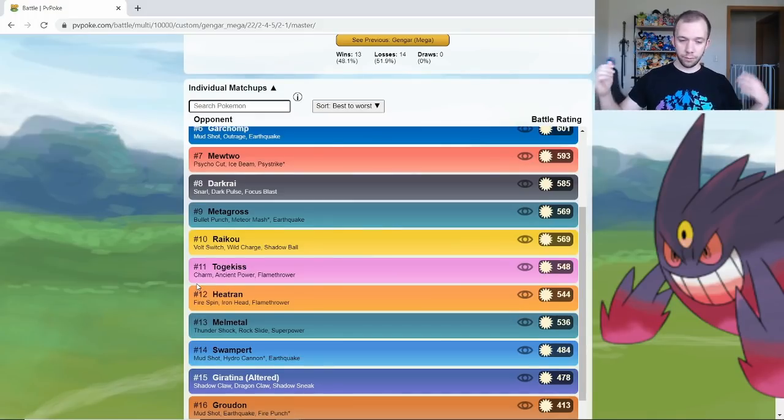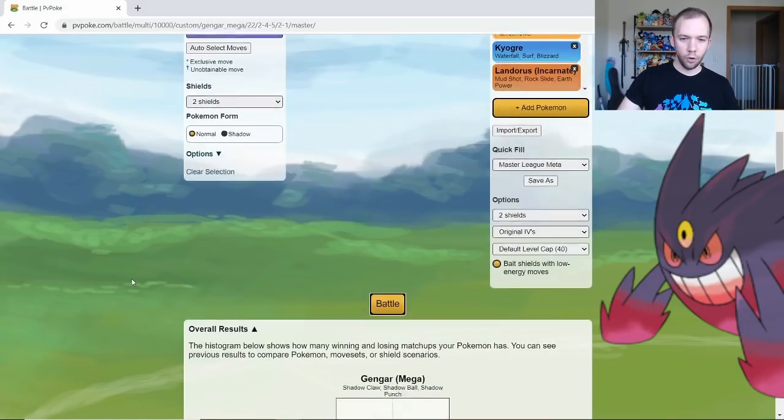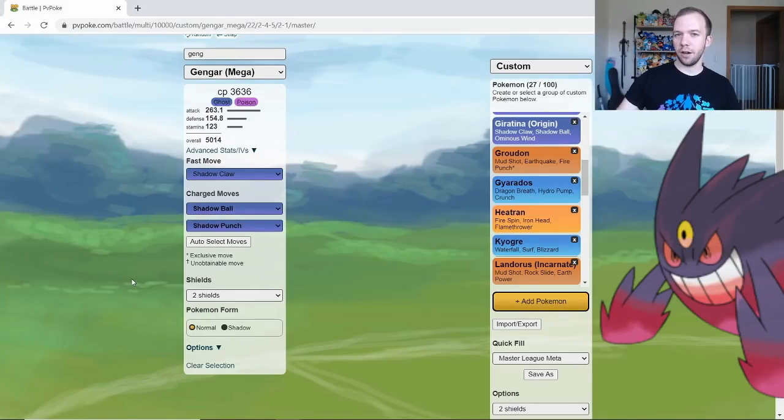And Mega Gengar is just that. Ability to beat Togekiss, but not a Steel-type. And of course, Mega Gengar does pick up some gnarly wins against those same Steel-type Pokemon, so rock on, Mega Gengar. Overall, I feel like you can think of Mega Gengar as kind of like a Giratina in a way